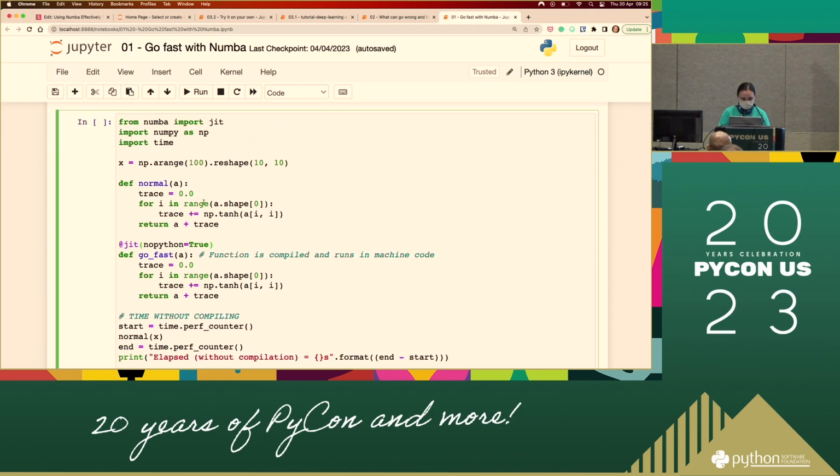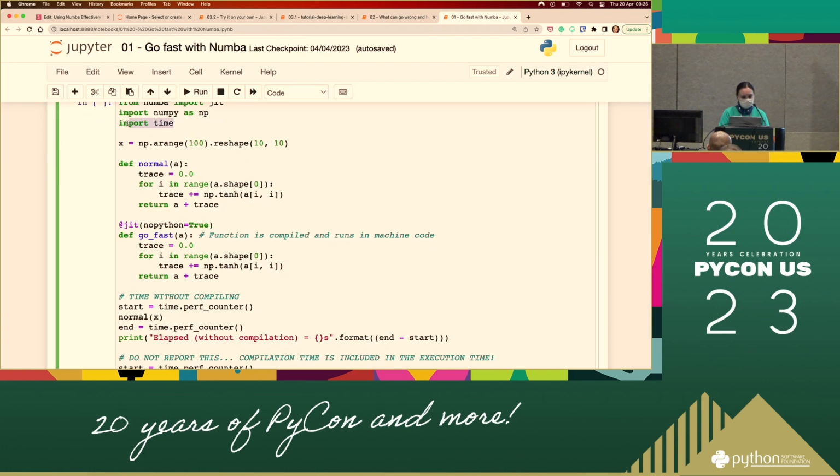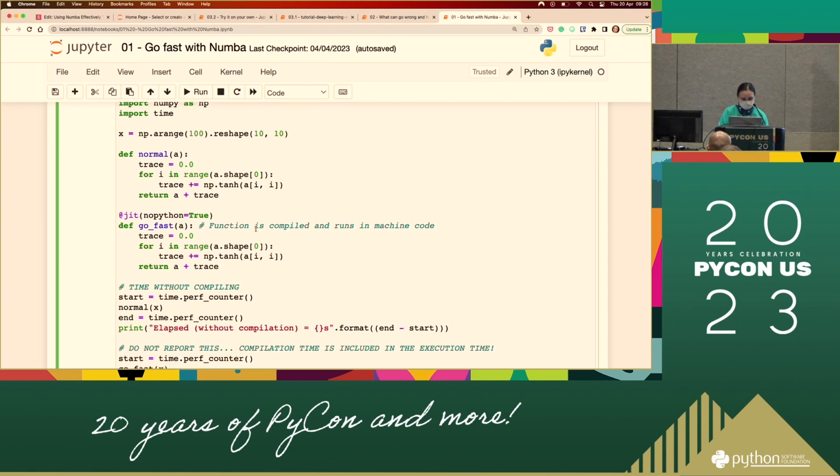We are also doing some timing here, comparing the time with and without compiling. This is doing something very simple, right? You just have a huge NumPy array, and then we do some kind of calculation with it. These two functions are basically the same.